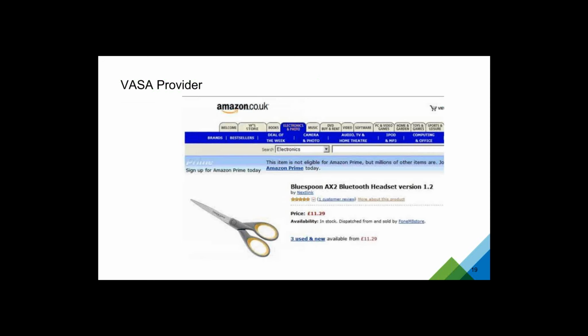So the final piece of vVols is the VASA provider. The VASA provider is the out-of-band management of how you create vVols. So it's kind of like the order page that you currently use with Amazon, where you go in and tell it, hey, I want to get this type of vVol. I want to create a VM with 3 VMDKs and this QoS and these other policies.